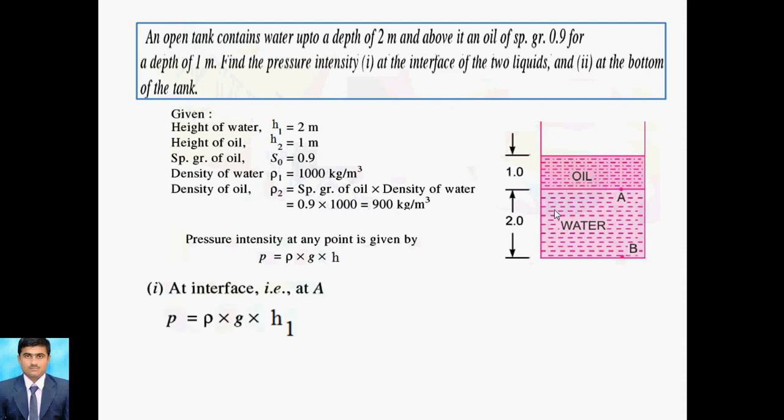Write this as rho g h1 because the first height is there. That's why 2, g is 9.81 and rho is 1000 for water. So put this value. Actually 0.9 is for oil, so you can see the interface for oil is there. So 0.9 is 900 and the equation becomes like this. This is for interface A. We put rho as 900 because we require this height and this fluid. So 900 into 9.81 into 1.